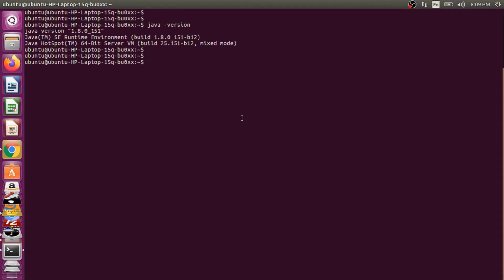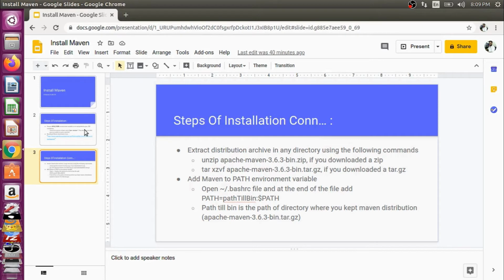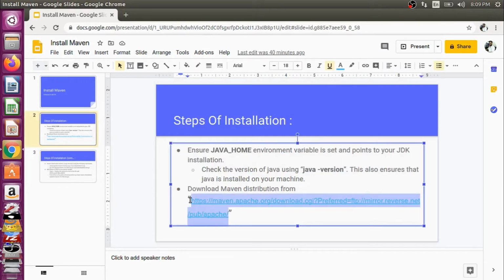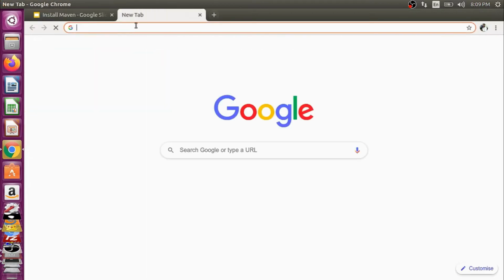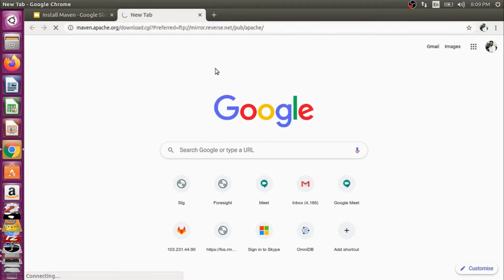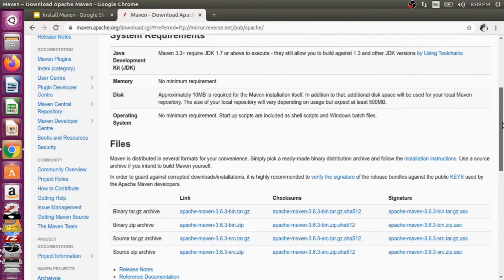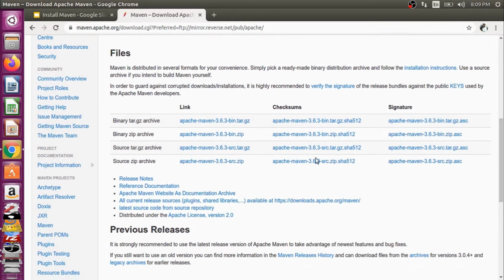In the second step, we'll be downloading Apache Maven from the Apache Maven website. Let's go to the Apache Maven website using the following link. Here we can see four kinds of distribution.